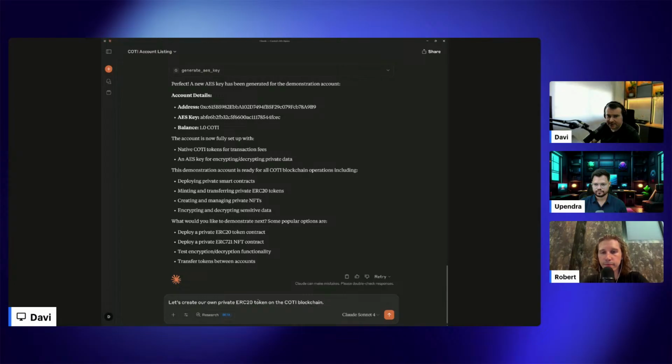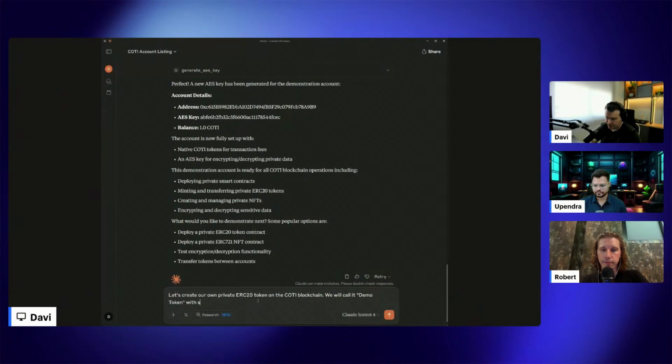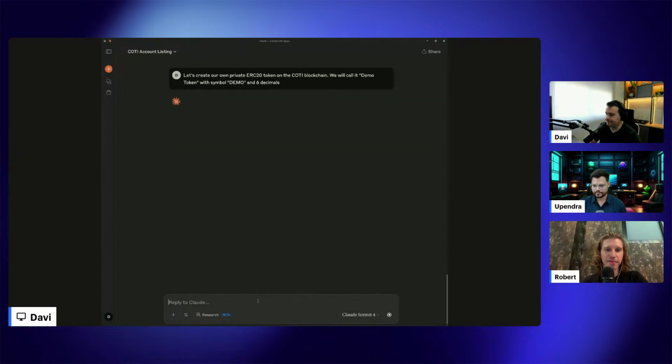Let's say we will call it demo token with symbol demo and 6 decimals. And let's see.